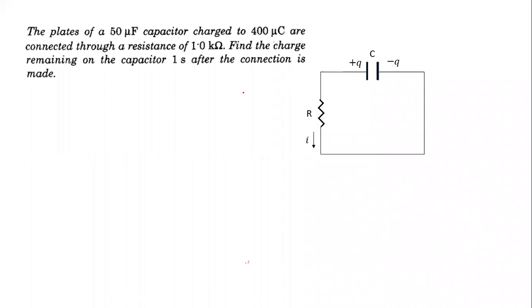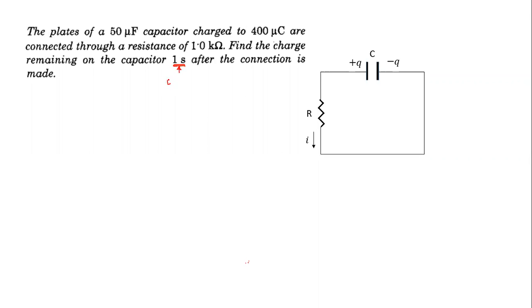Now coming to this question. Let's see what you understand from here. A capacitor of 50 is charged to 500 microcoulomb. Find the charge remaining in the capacitor 1 second after the connection is made. Okay, one way is finding it in terms of formula. The other thing, let's try to understand this. This time